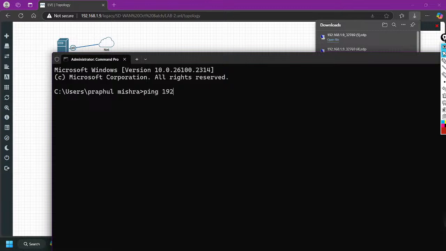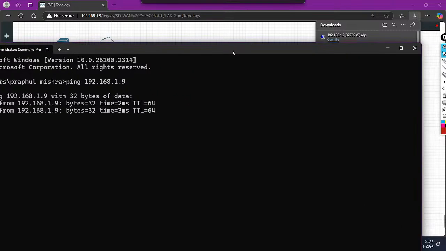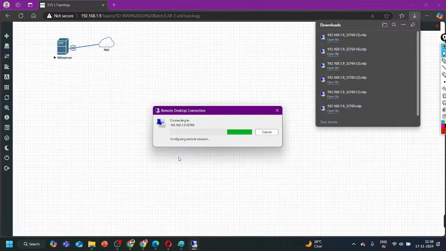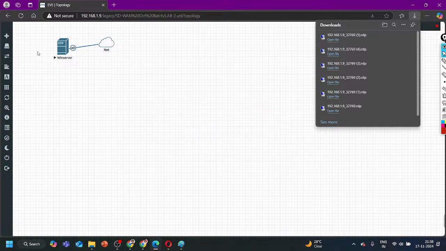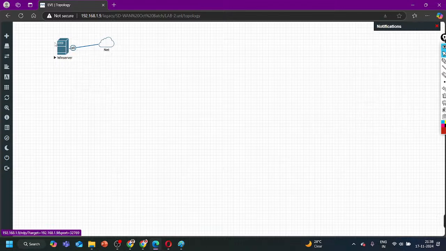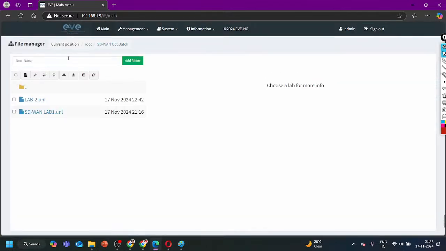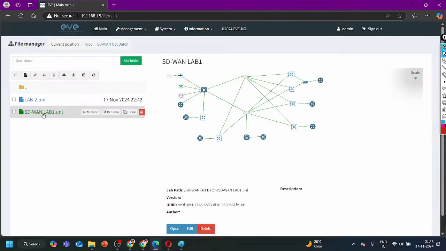Ping 192.168.1.9. I'm not getting access. Okay, ignore it. I will check it like the password, and then we'll design one more topology like this only,